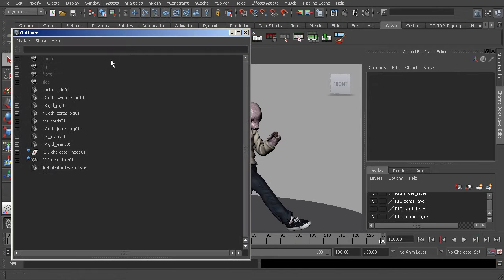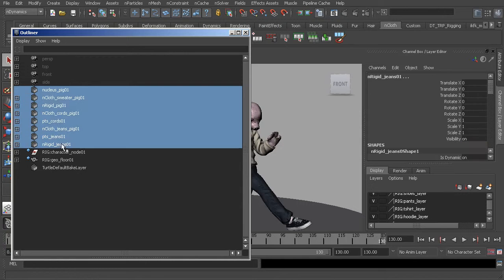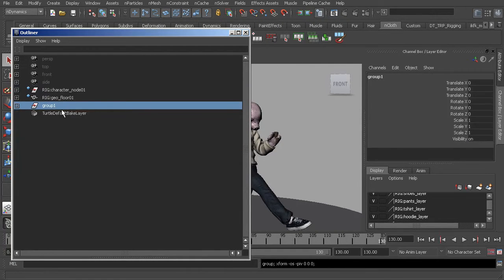Let's head over to our outliner. We have several end cloth nodes here. It'd be nice to have them contained into just one node, just to keep things clean and organized. So with all end cloth nodes selected, you can go ahead and group them together. We'll use Control G. Let's go ahead and rename this group to endcloth_clothing